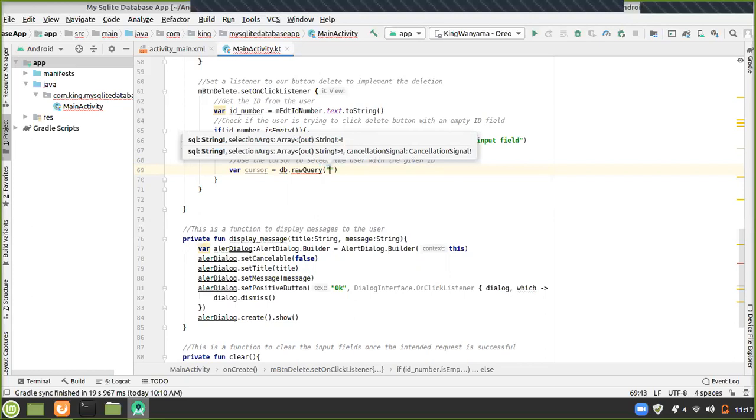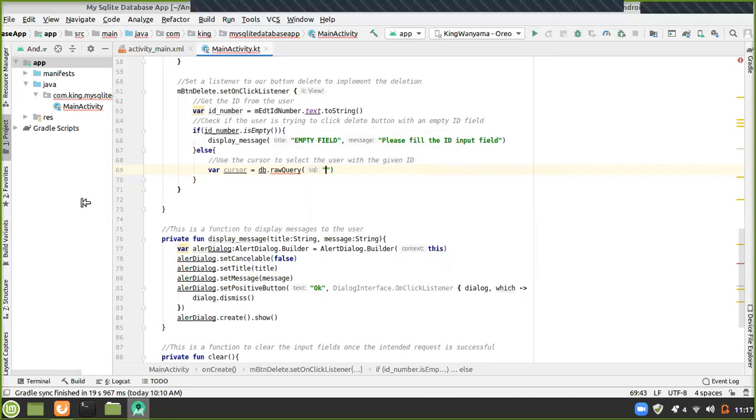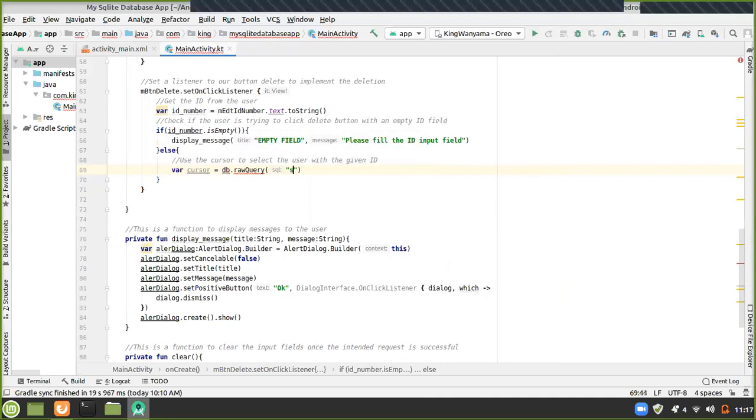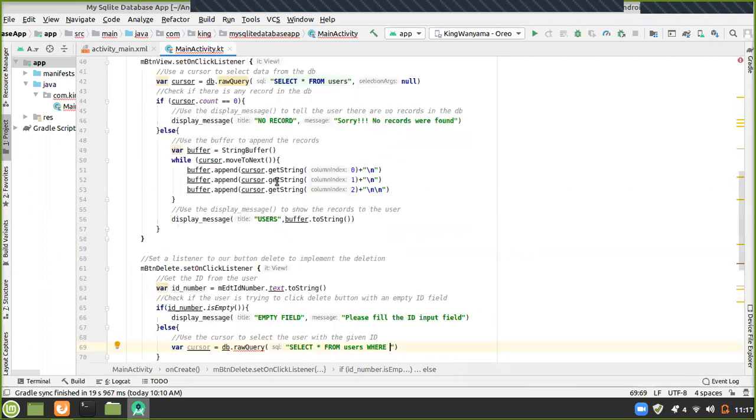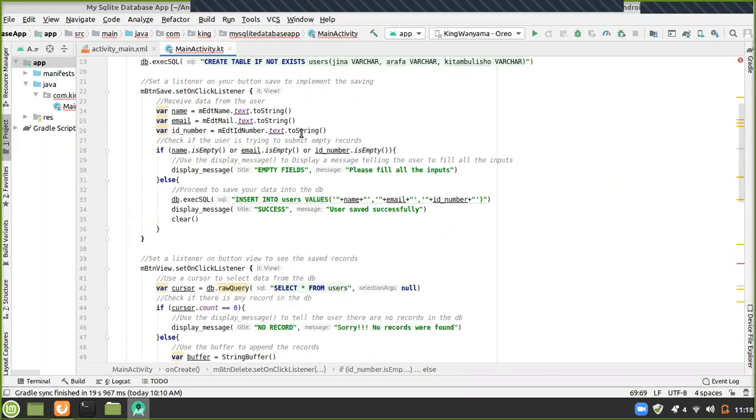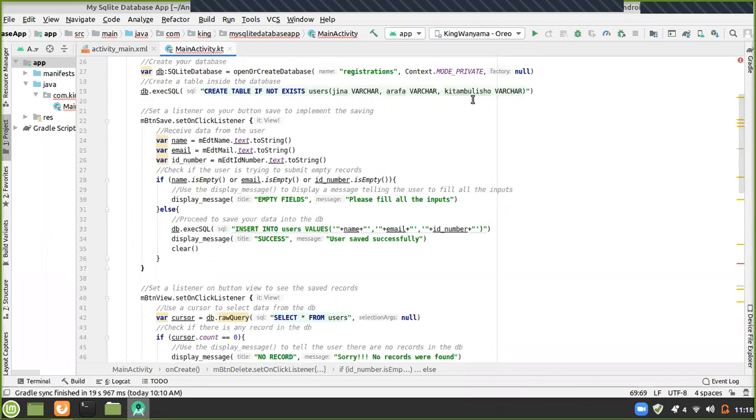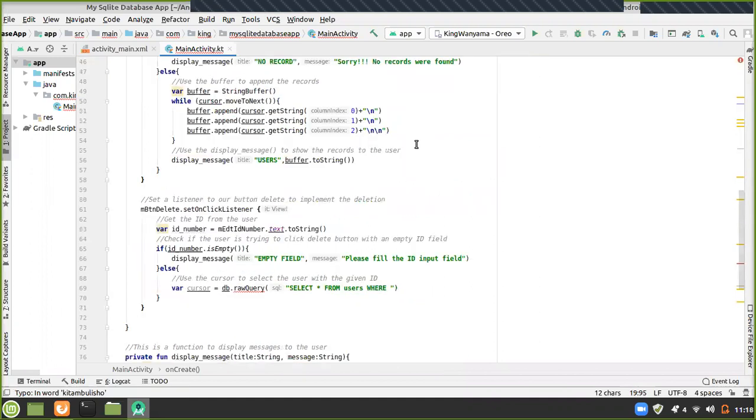If you are not so sure of how to type this, I'm going to share this on the chat section, so don't worry. So select star from users where a column called kitambulisho. Did we call that column kitambulisho? Let me just check up here. Our column is called, yes, kitambulisho. Let me copy it so that I don't make mistakes. So where kitambulisho